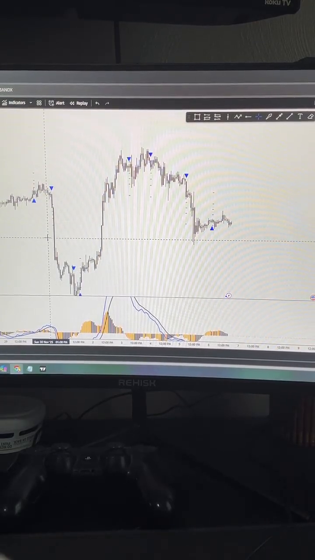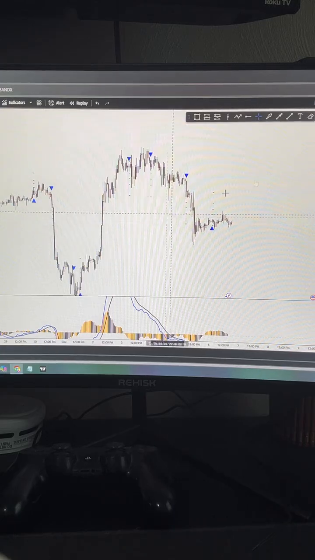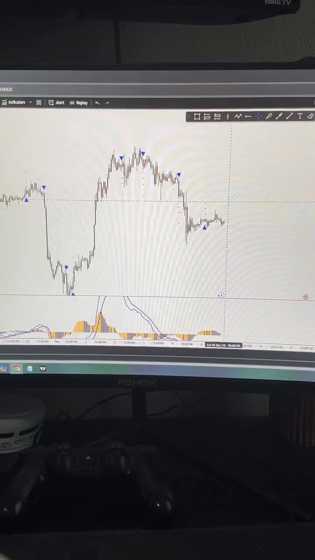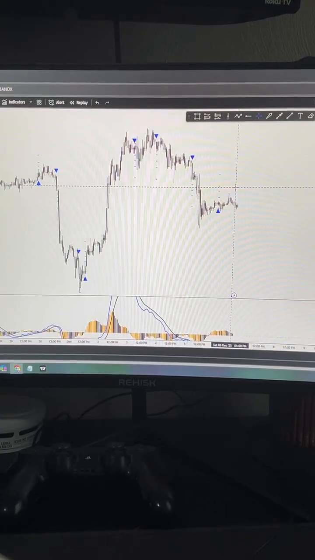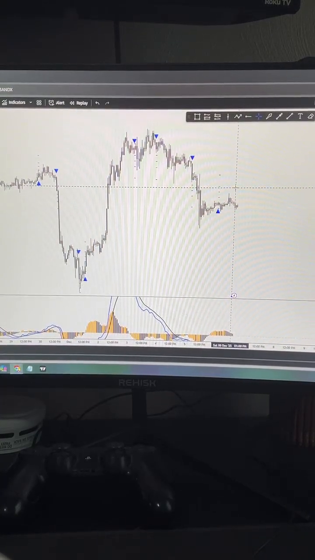One thing that I never do is trade blindly. Why? Because what are the setups for the MACD? Well, the MACD works in alignment with the